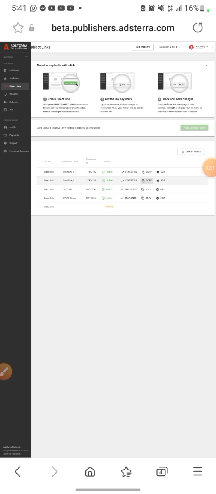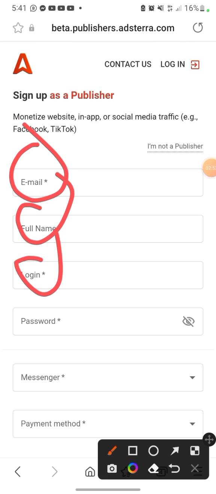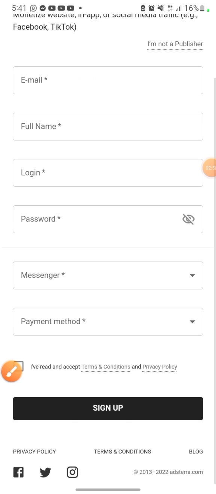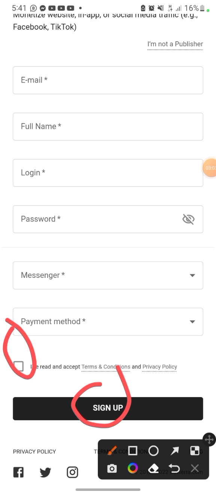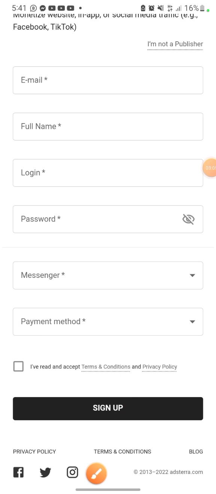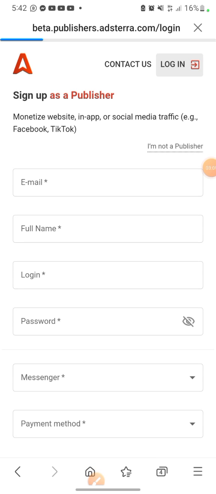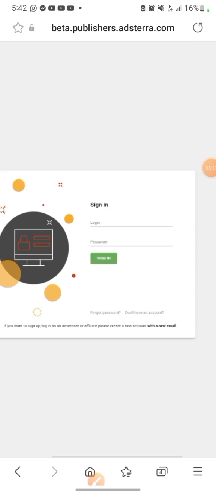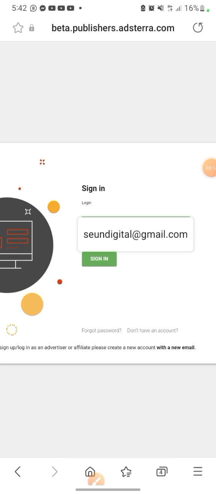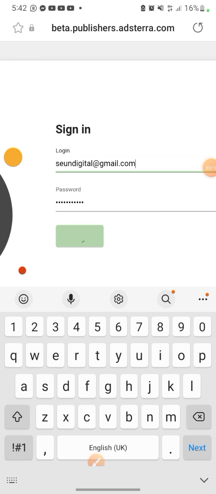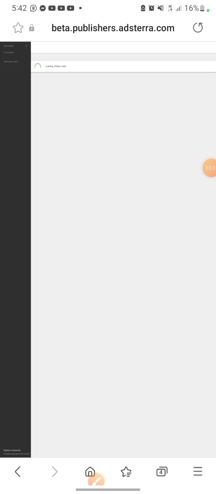When you open Adsterra, it's very easy to sign up. Put in your email, your full name, your login details, your username, your password, your message, your payment option. Then click I have agreed or I've read through. Then after that, click on sign up. Once you are done with that, you will log in like this. You're going to see something like this to log in. So put in your login details, which is your email, then put in the password and click on log in. Now that you've logged in,